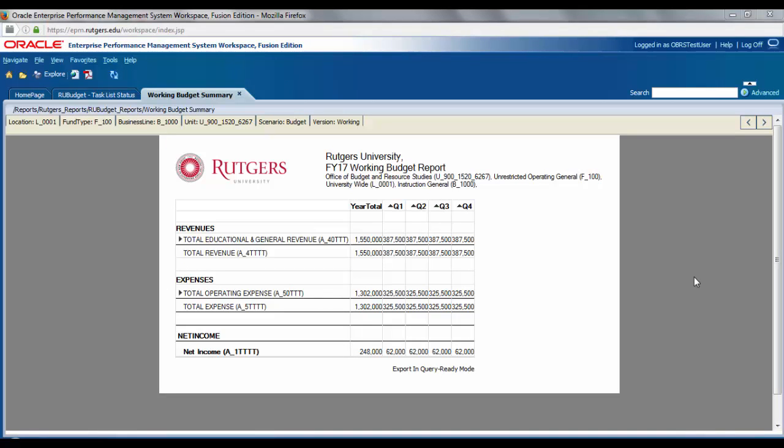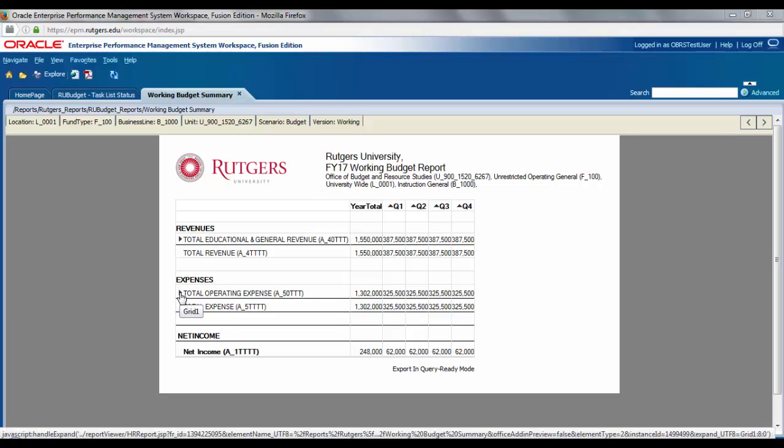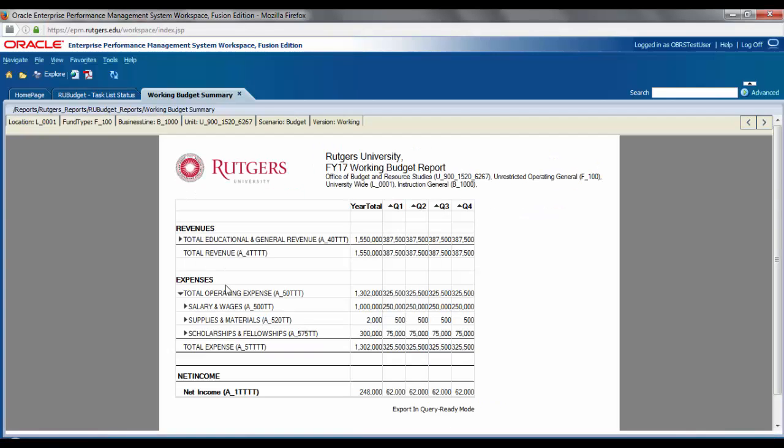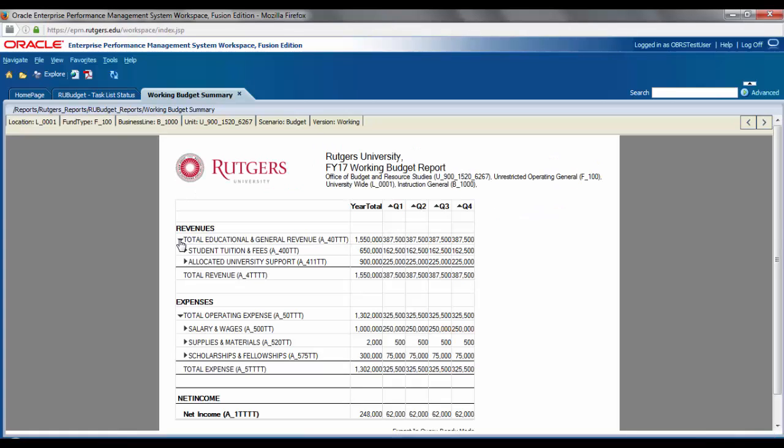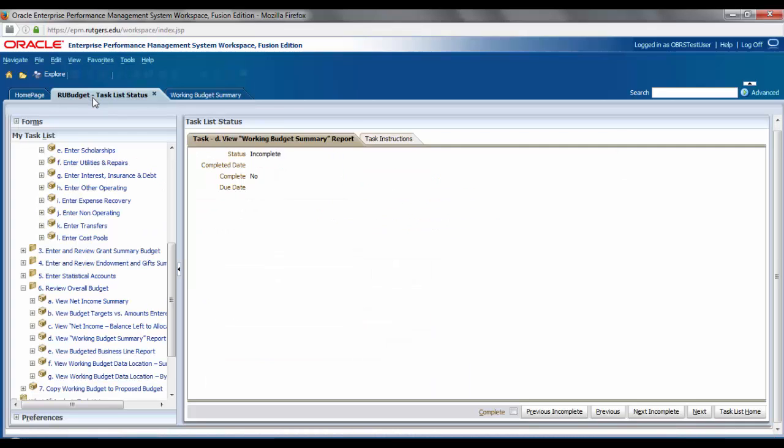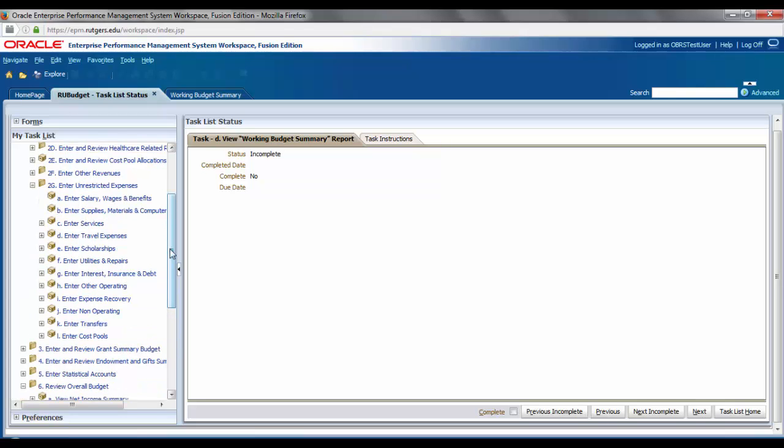When the report comes back and is properly set up at the point of view bar, and there are instructions on how to do that and a video on how to do that also, you will see a report that shows your revenues and expenses. And you can click on the sideways caret and expand to get both more expense and revenue detail. But if I go back to my task list and I go back up to my budget operating expenses,